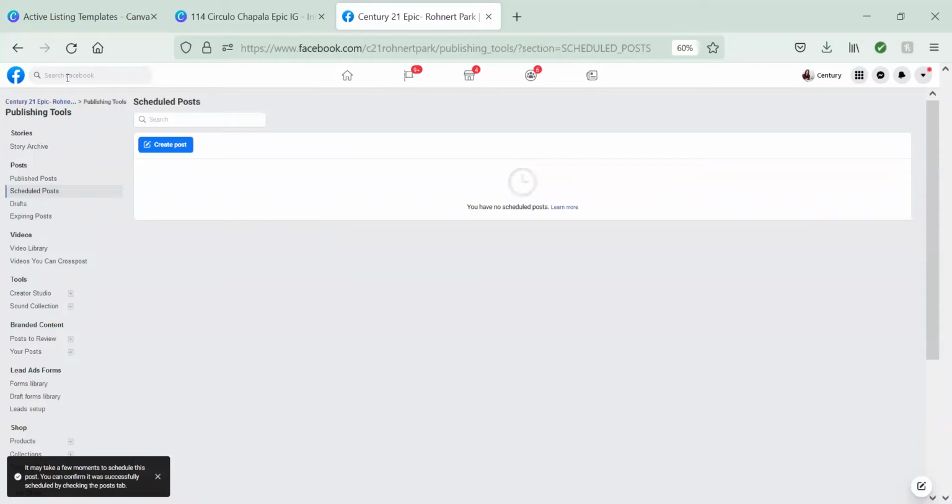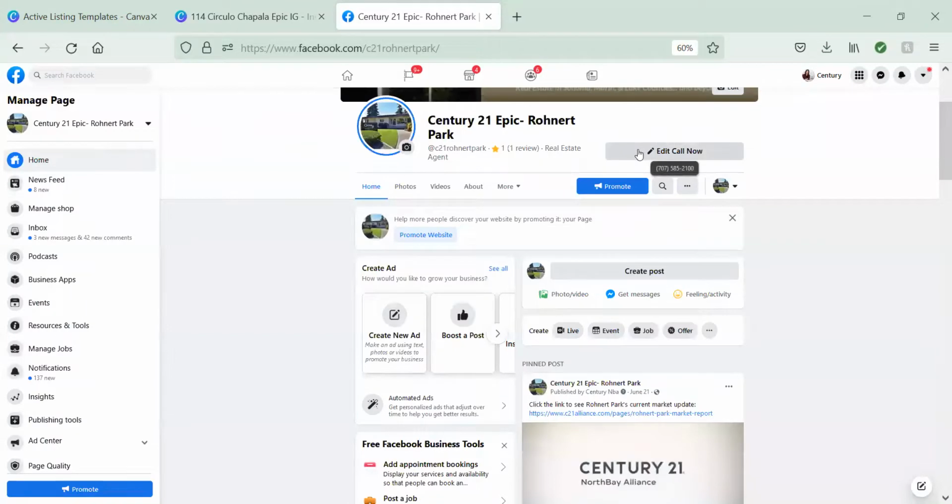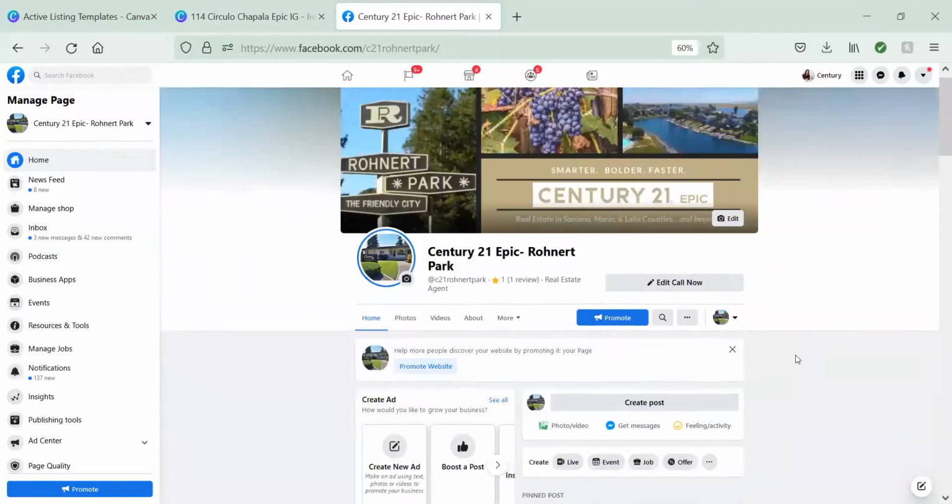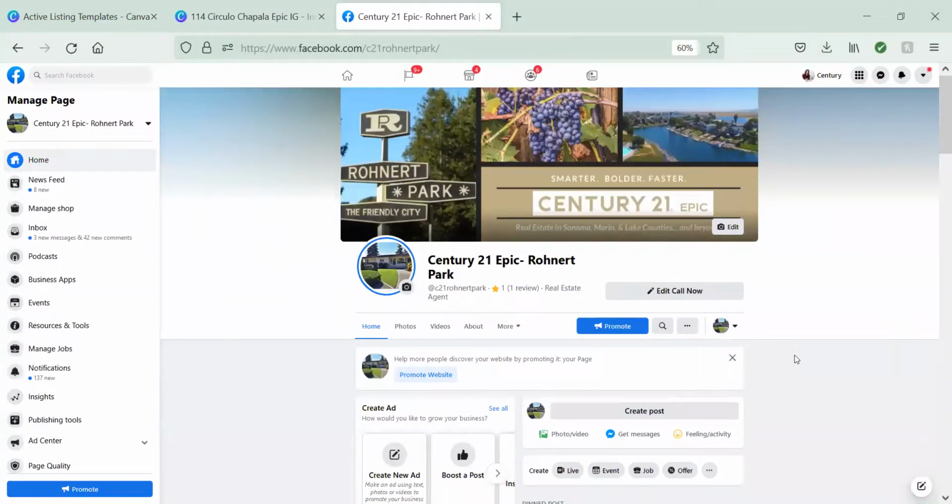Pretty simple, and it's a great tool for you to be able to time block and get a bunch of posting done ahead of time. I realize that listings and solds and stuff like that, you can't always predict when those are going to come up and post ahead of time. So you can do your filler content, which could be home tips and mortgage tips and just all kinds of other real estate related content or content from your niche. You can use that publishing tools to get all that